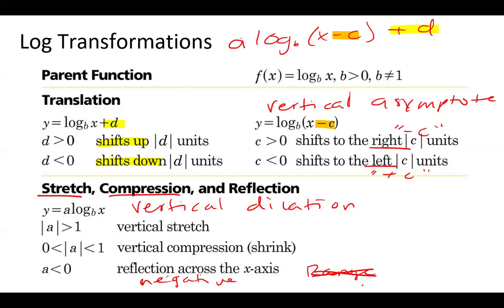Horizontal dilation affects your range. If your domain... You didn't hear me say range. Scratch that. Okay? Y'all are closer to me. All right. So with that being said, you should be able to describe a transformation before having to graph it